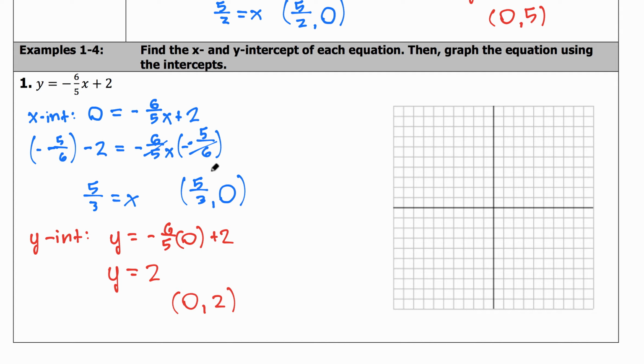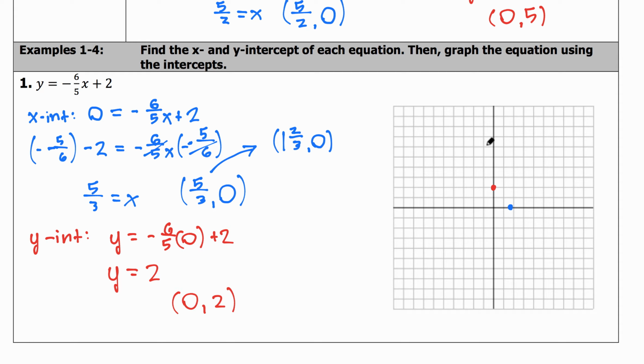It helps if you think of 5/3 as a mixed number. 5/3 would be the same as 1 and 2/3. So this point is going to be between 1 and 2. Oops, not between 0 and 1, between 1 and 2, about right there. And then 0, 2